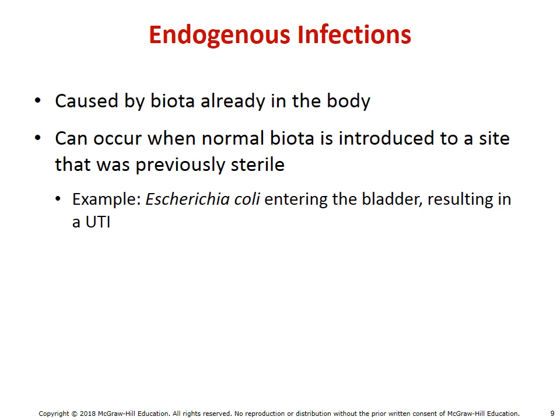Endogenous infections are going to be things that are already present causing infection. The idea here is that normally your immune system would keep them in check, or the environment they're in wouldn't favor the chance of infection. So whenever the environment changes or the immune system goes down, now things that are endogenous or already living there could cause infection. A good example would be like E. coli getting into the bladder. Again, E. coli usually found in the colon and not an issue, but whenever E. coli gets in the bladder, it grows quite well and out of control. The resulting situation would be an infection called a UTI.